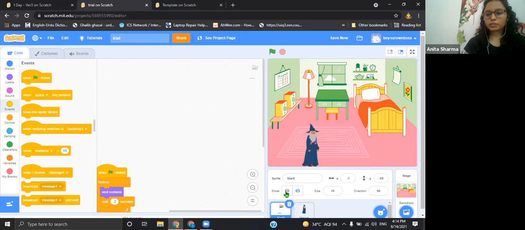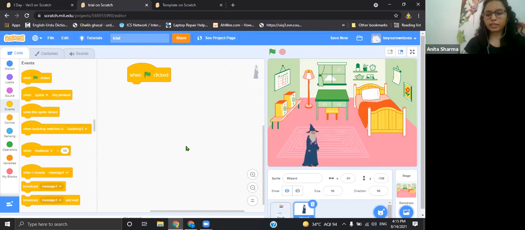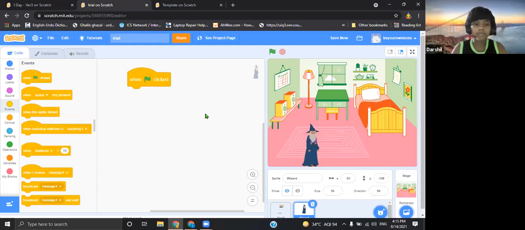There is one eye and one eye which is struck out. Just click on that and it will be hidden. That's how you can hide the flag for a while because we are not going to code for the flag right now.